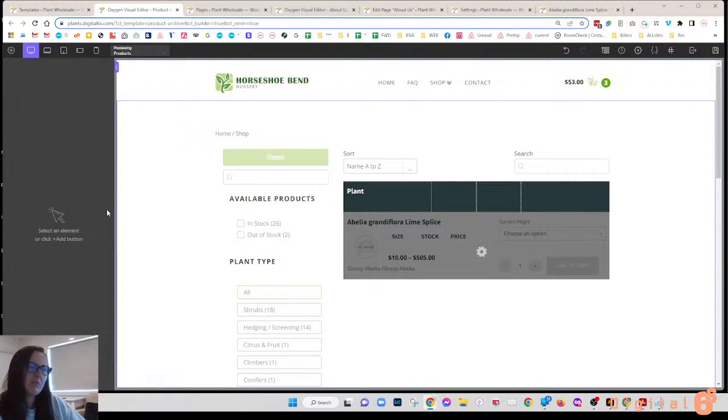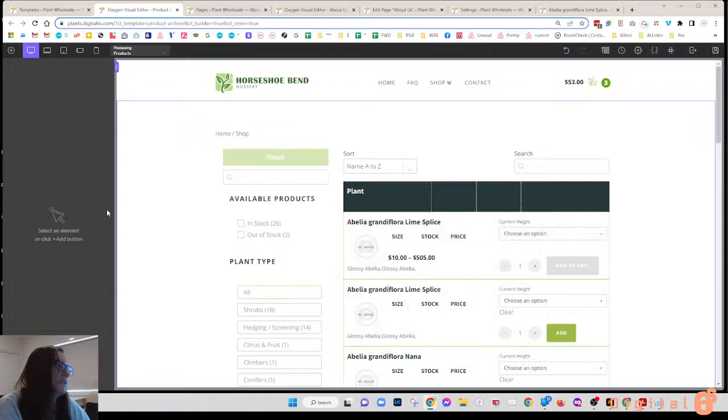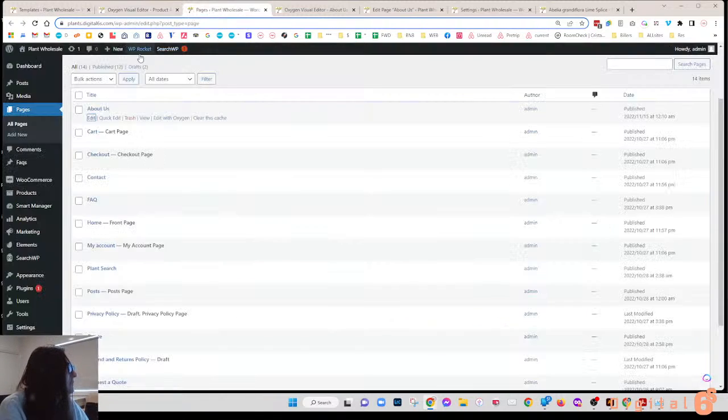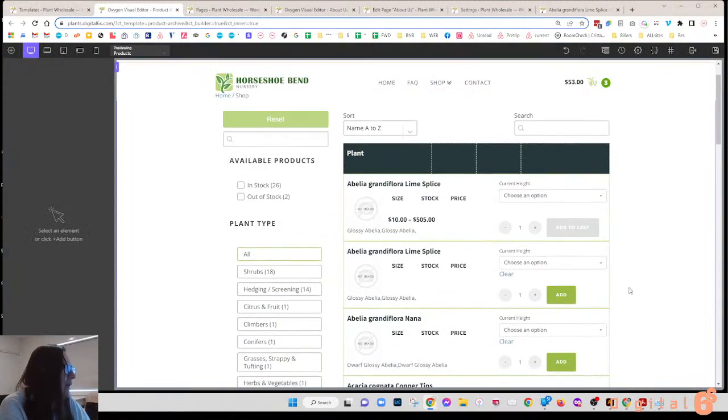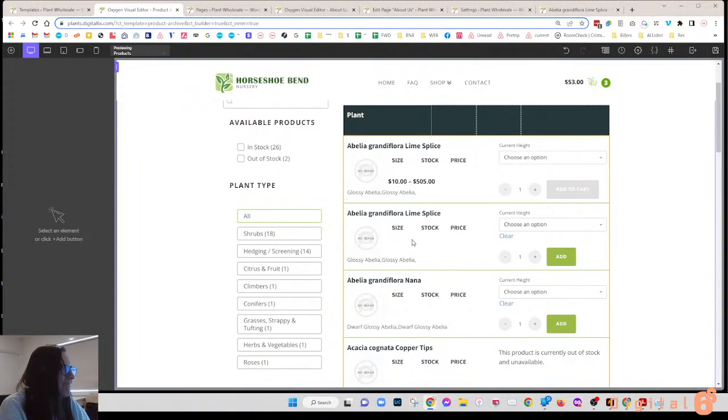I think I've attached that. I don't think WP Rocket is configured at all. It's just sitting there turned on, taking up space. Is it on? Yeah, it's on. But let's see. Okay,